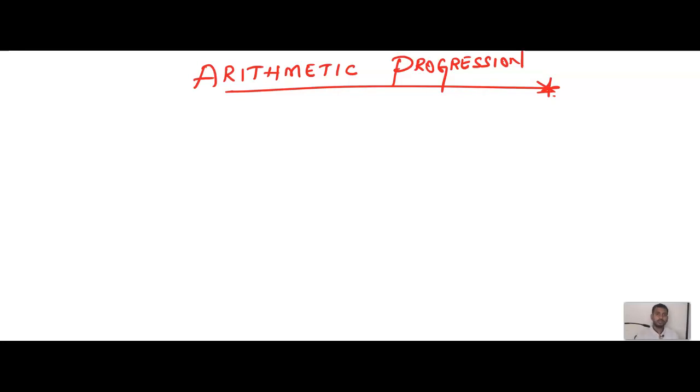Dear students, today we are going to continue the chapter of class 10 mathematics, that is arithmetic progression. As you all know, in our previous classes we have already covered the basics related to arithmetic progression and worked examples regarding the first exercise we have completed. In today's class, we are going to continue the chapter of arithmetic progression, exercise 1.1 for Karnataka State Board syllabus students, and for CBSE students this is exercise number 5.1.